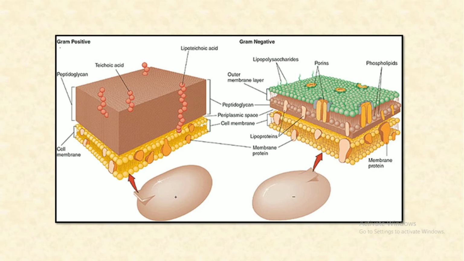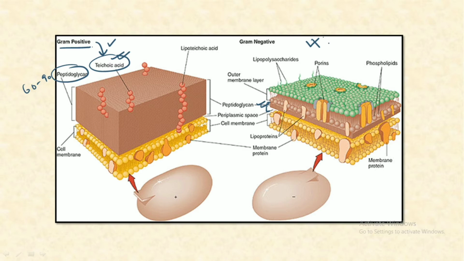On the left hand side, we have the gram positive, in which we have the teichoic acid, which is one of the major distinctions between the gram positive and the gram negative. In gram positive, we have the teichoic acid present. In case of gram negative, there is no teichoic acid. The second important difference is that in case of the gram positive, we have around 60 to 90% of peptidoglycan, but as you can see, in case of gram negative, we have only 10 to 20% of the peptidoglycan present.